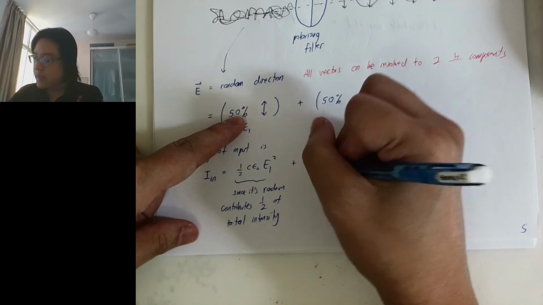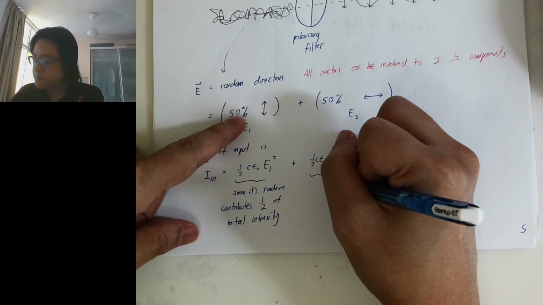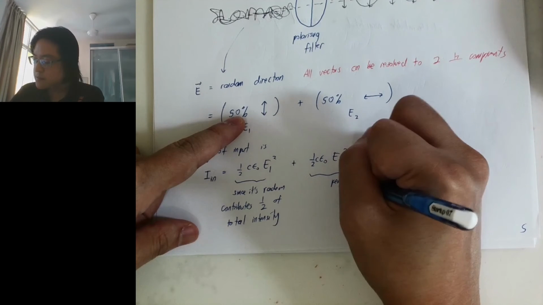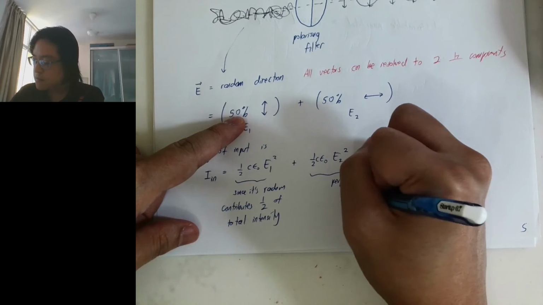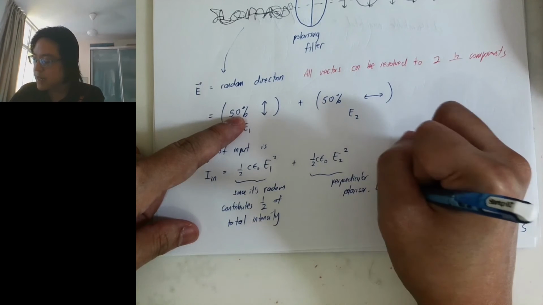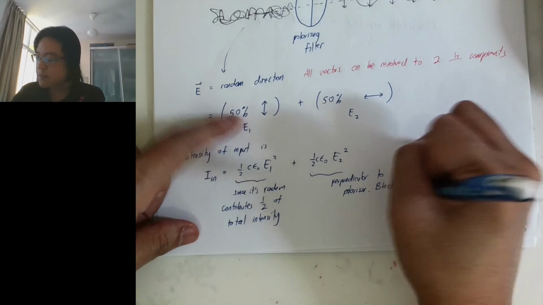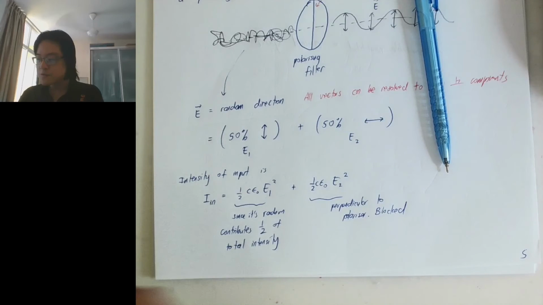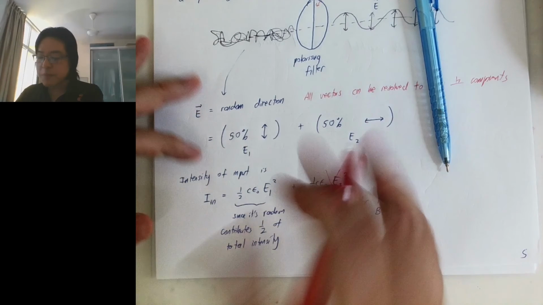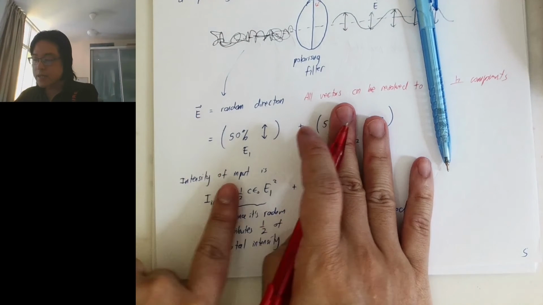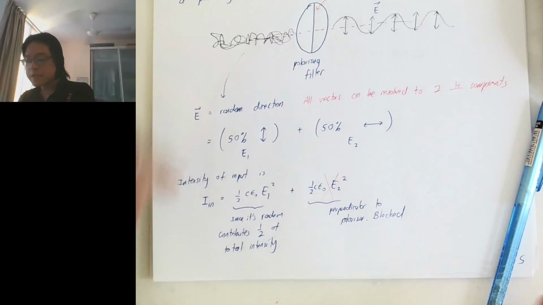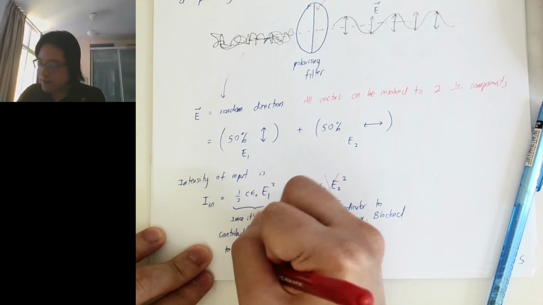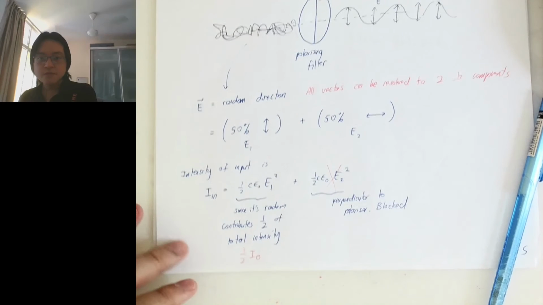Okay, and this part is perpendicular to the polarizer. So this part is going to be blocked by the polarizer, so it doesn't come through. Okay, so this part will be blocked, right? Only the parts that are parallel to the polarizer will pass through, and on average, because it's random, so it's